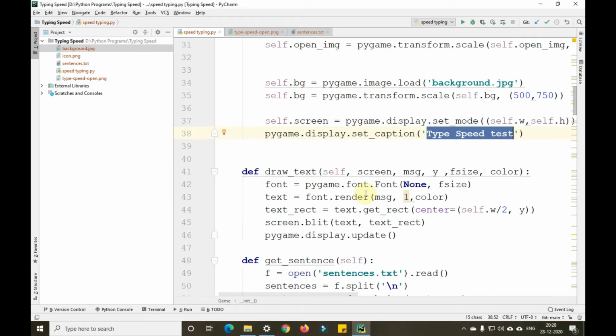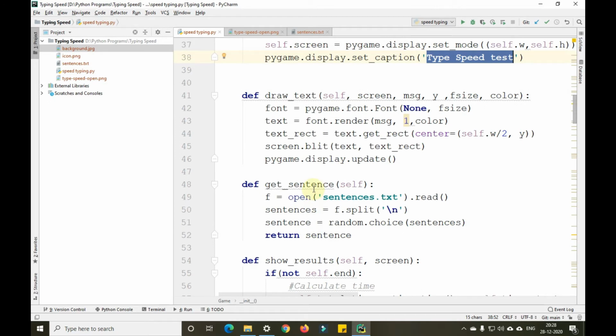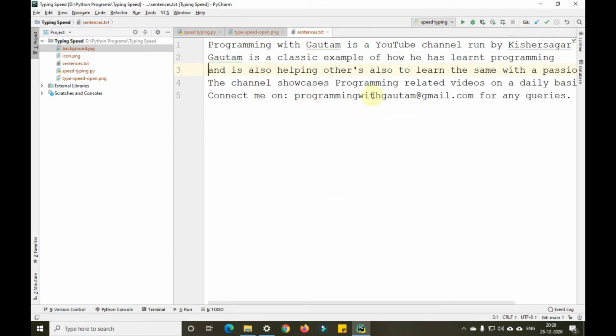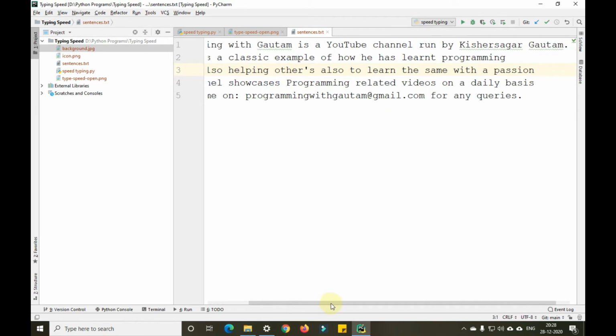After that, we have given a draw text function in which we have given the font and text, what color I have to put and how it should be. In this get sentences function, I read each sentence from this particular file, and this file is full of sentences through which this speed test will occur.